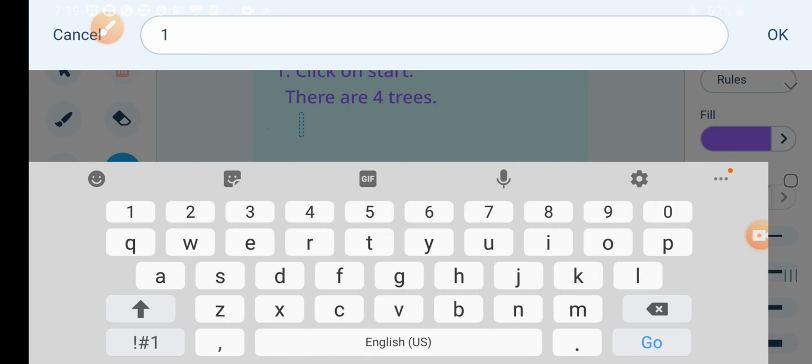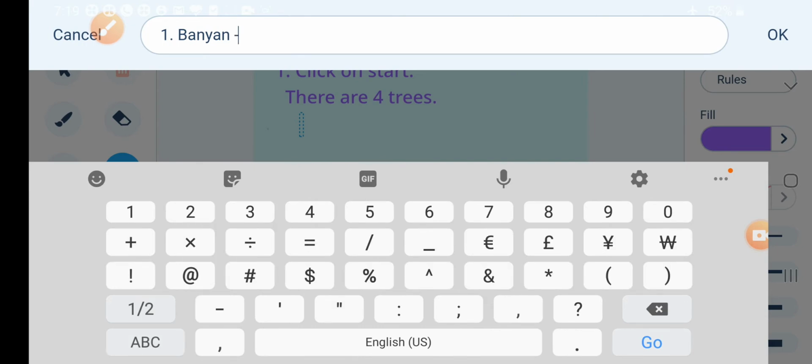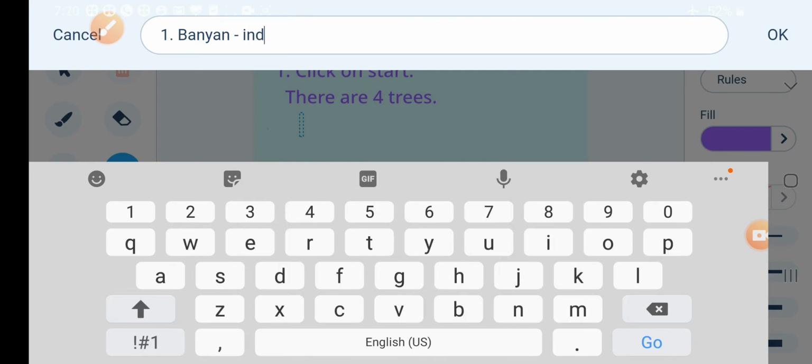First is banyan tree, and the right option for banyan tree is industrial landscape. You have to type the rule in brief, I have to type in short.